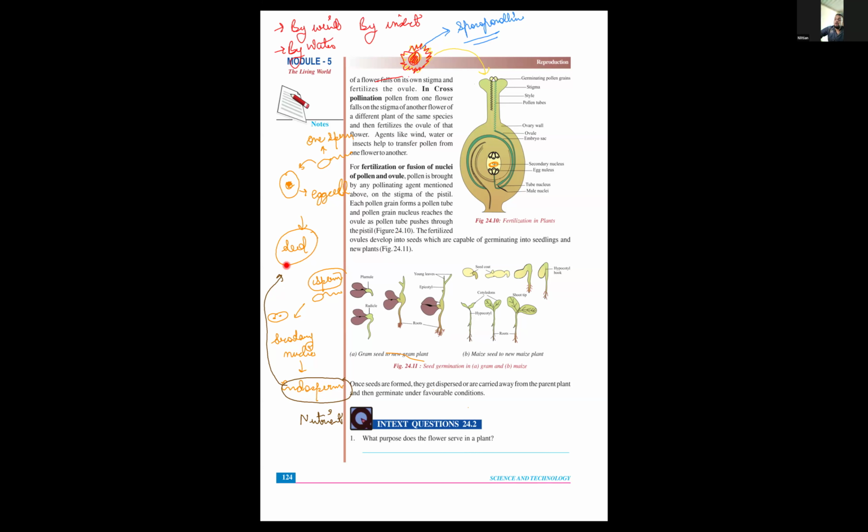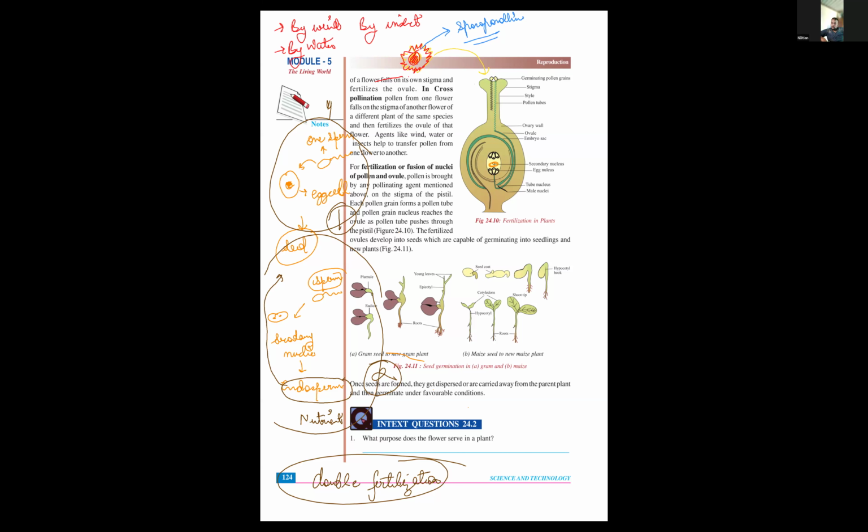Yeah. So now this process is basically called double fertilization. Can anybody tell me why it is called double fertilization? Because how many times does fertilization occur? This is one time and this is the second time. Because fertilization occurs two times, that's why double fertilization occurs in flowers. In most flowers, double fertilization occurs because fertilization occurs two times.